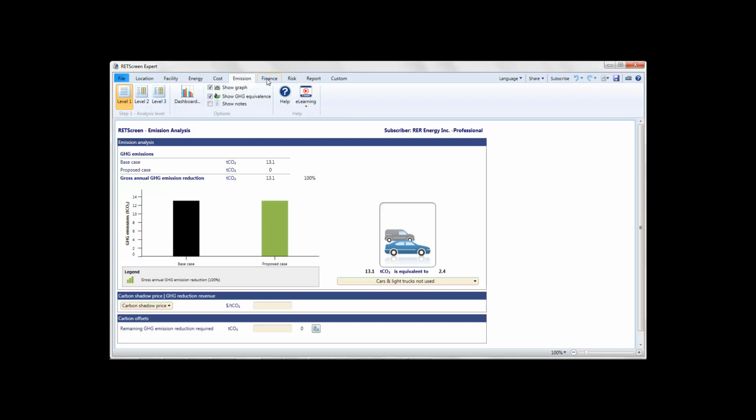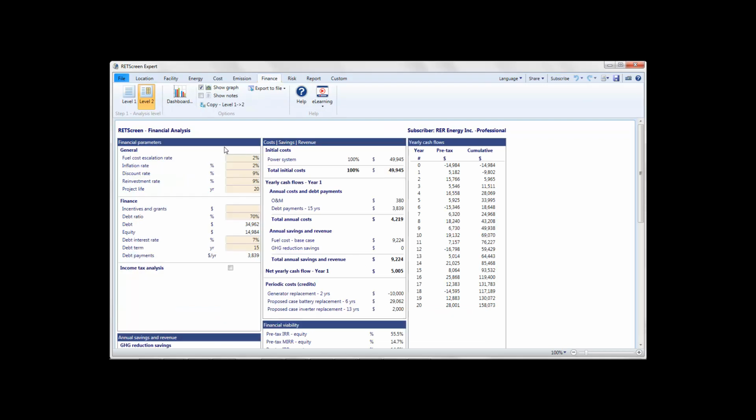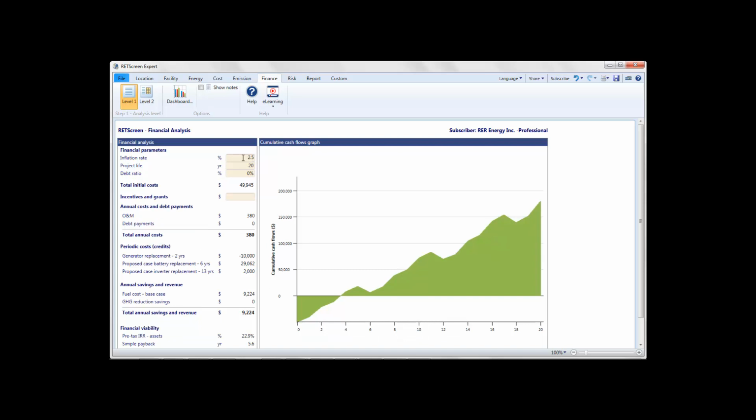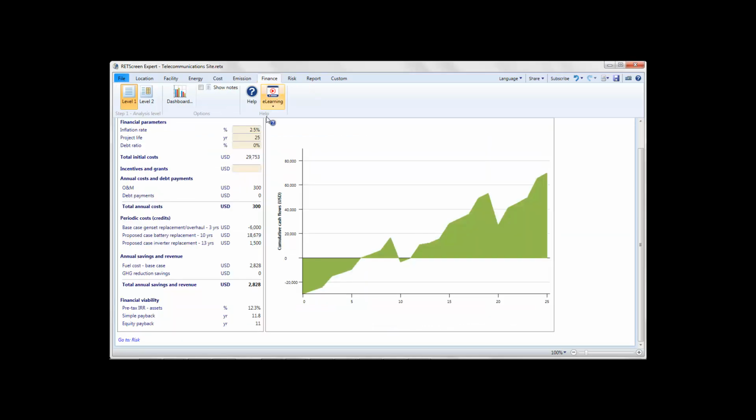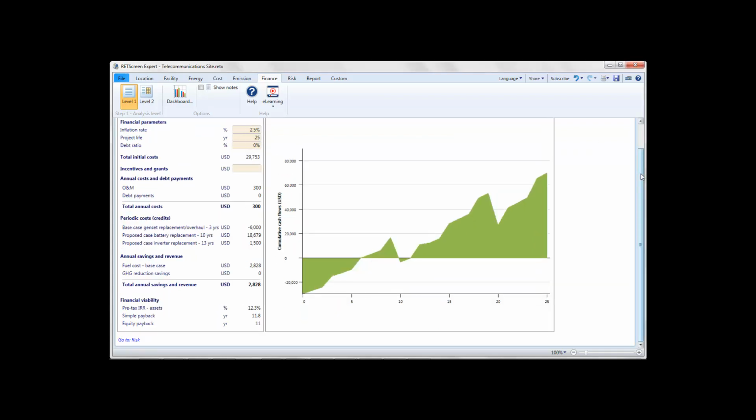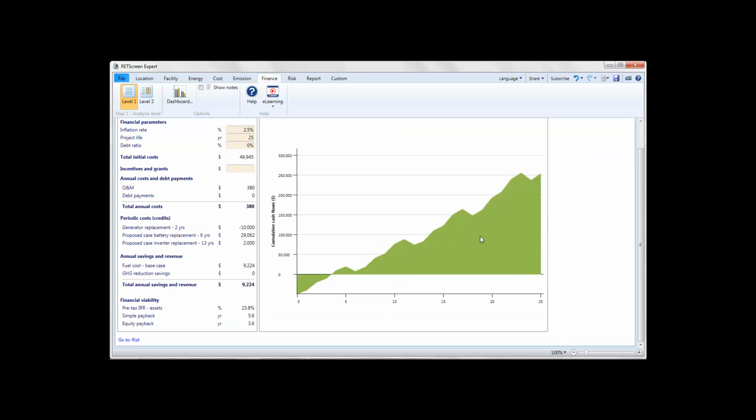And finally, going to the finance page here, we can return to a level 1 analysis and configure it to have 0 debt, 2.5% inflation, and 25 years. And then we can compare that with the finance page from this project. And we can see there's definitely a similarity in the form of the curves. This one from the virtual energy analyzer has less